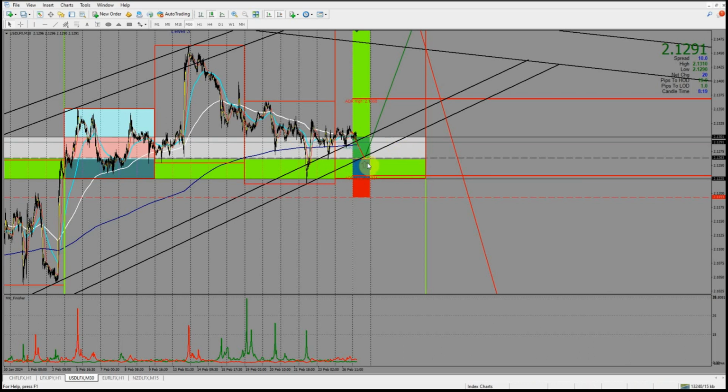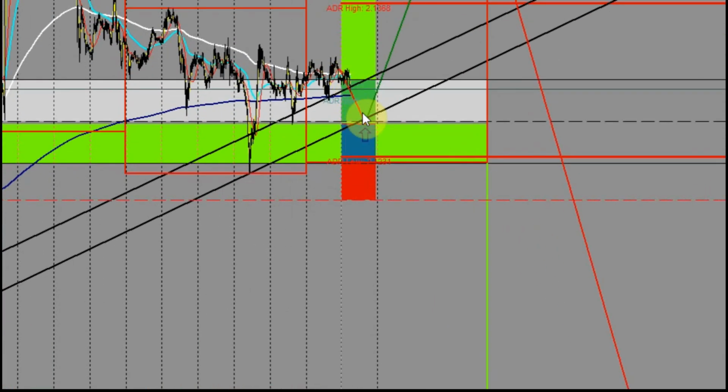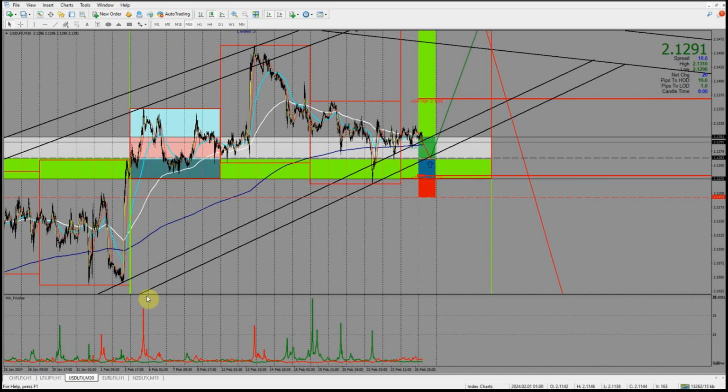If price should come below in this area here, I'm seeing an inverse head and shoulders, the left shoulder, the head, and the right shoulder. So we might just see a completion of that, or price coming back to retest that ADR, average daily range, low over there. So for the dollar, we're going to be buying that today. It's going to be dropping, and then we're going to be buying later onwards.